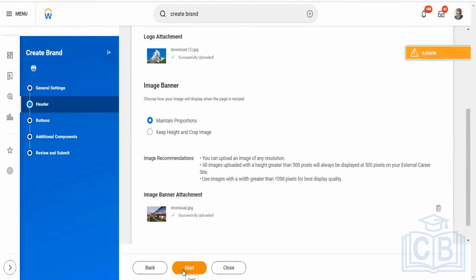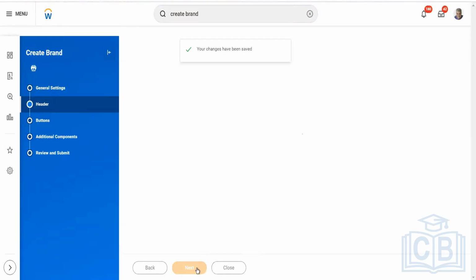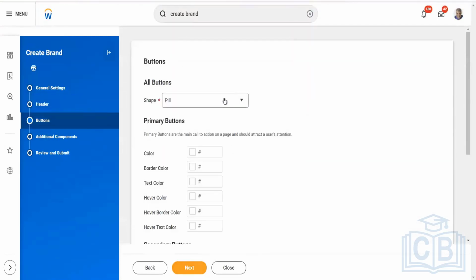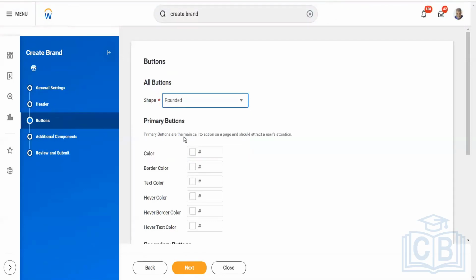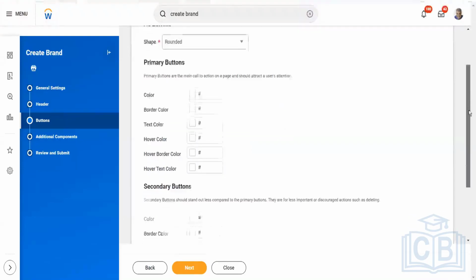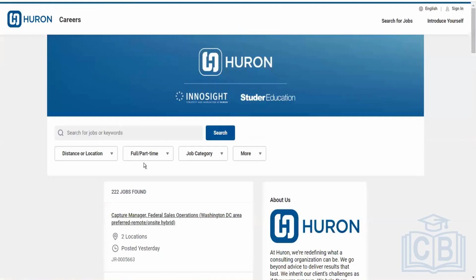Then how the buttons will look like. Okay, what shape of the button we want. This is for all the buttons, whether pill shape, rounded or squared. Okay, then we have some primary color, primary buttons. For example, the primary buttons are the big ones, like